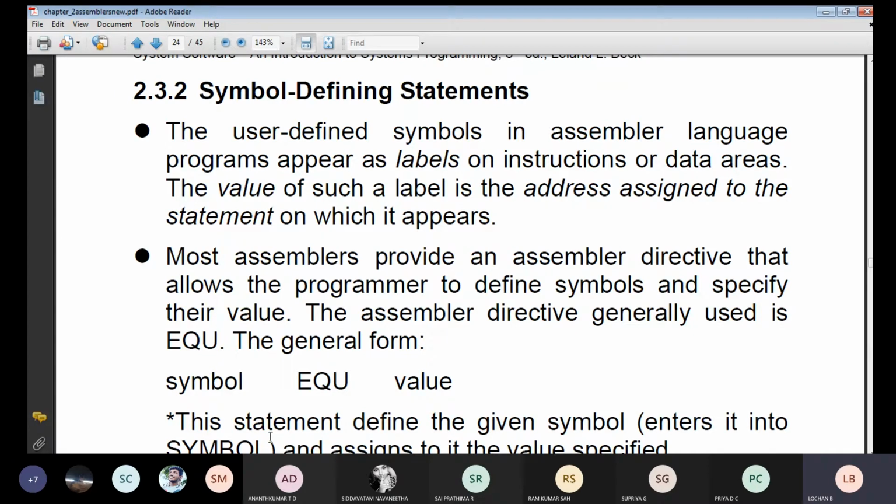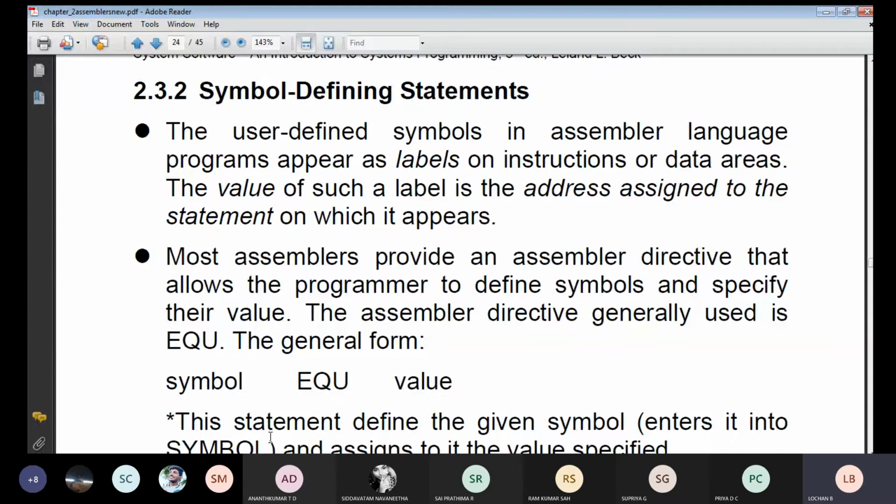Sim tab is nothing but a symbol table. So whatever user defined symbols are there, everything will appear in terms of labels.